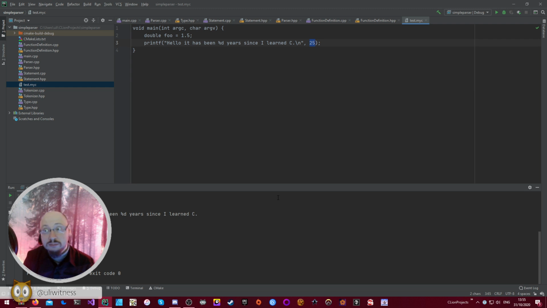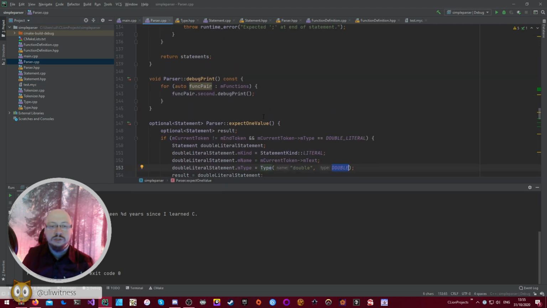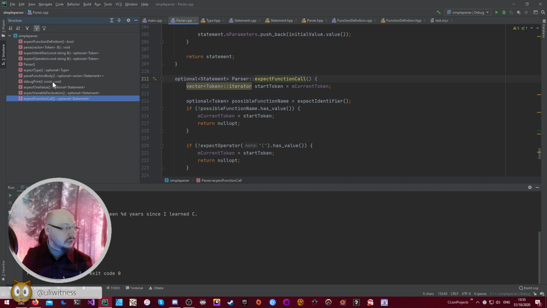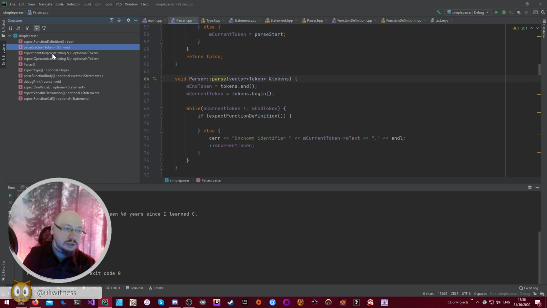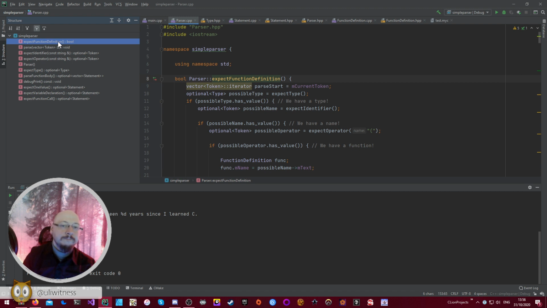But anyway, hopefully this has helped a little bit to at least give you a basic idea of how to implement a recursive descent parser, which is what we've been talking about here. Because basically, if you look at the structure view of this class, we have the parse function, and that calls parse function body, and that calls, well, actually it calls expect function definition, and that in turn calls expect identifier and expect operator and all those low-level things, but it also then calls parse function body, which in turn calls